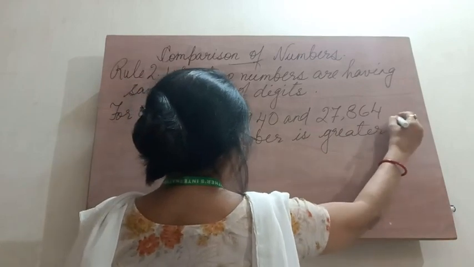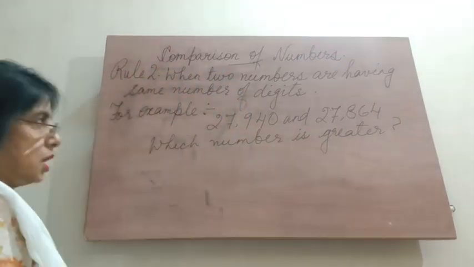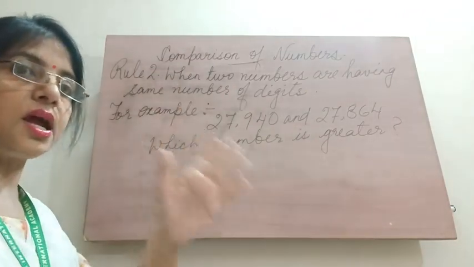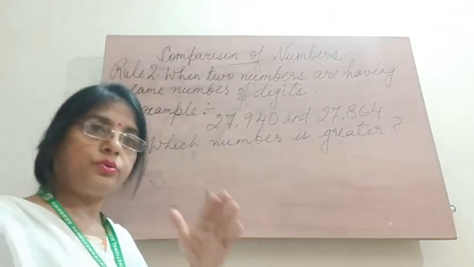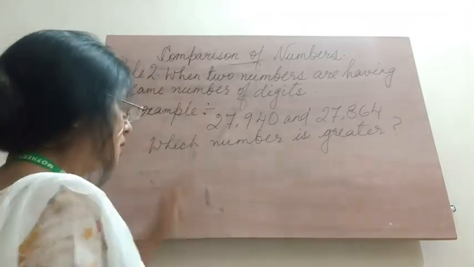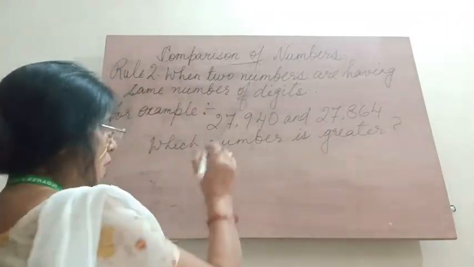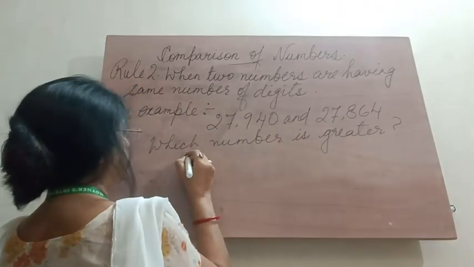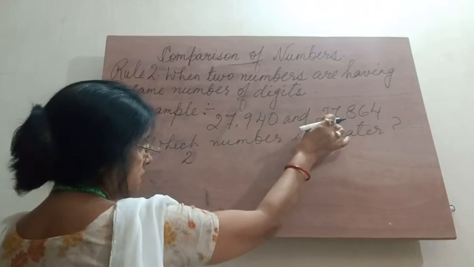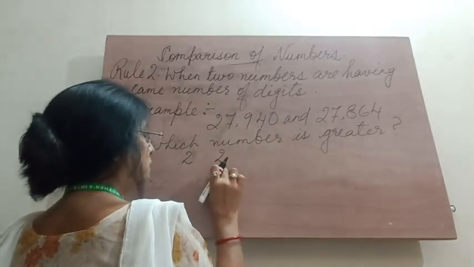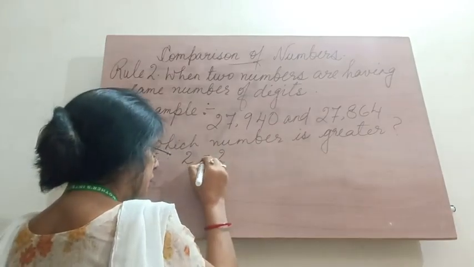Now see, the same thing we have to do. We have to compare from the left hand side. Again and again I am telling you that whenever you start comparing two numbers, you will start from the left hand side. This is your left hand side. Now, we start with the first digit. In the first number, the first digit is 2. Of course, in the second number also, the first digit is 2. So, 2 and 2 on both sides, this is equal.